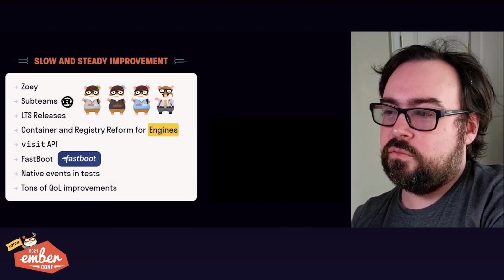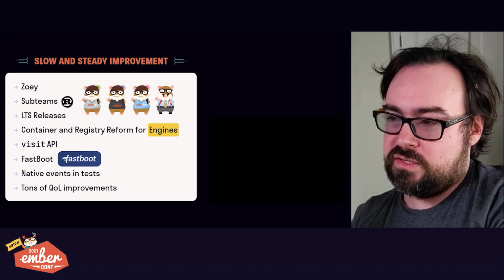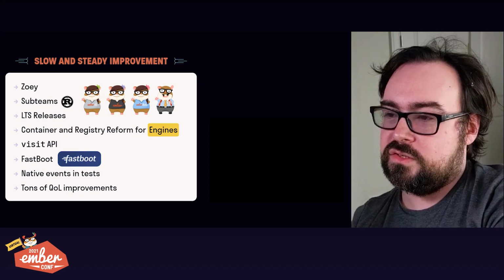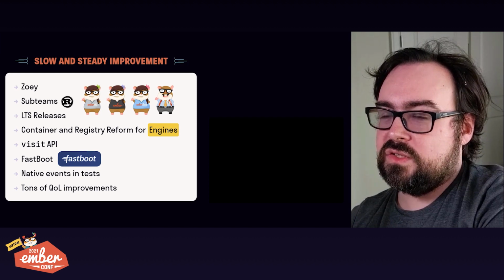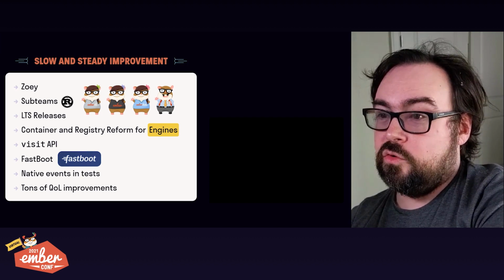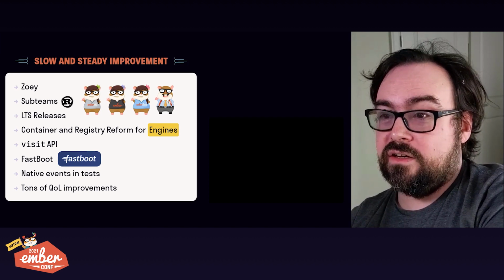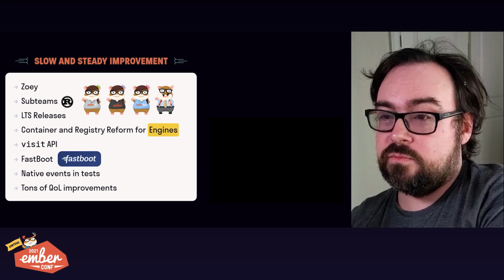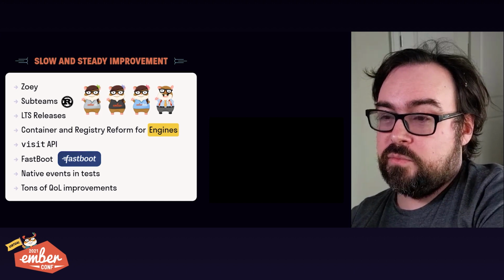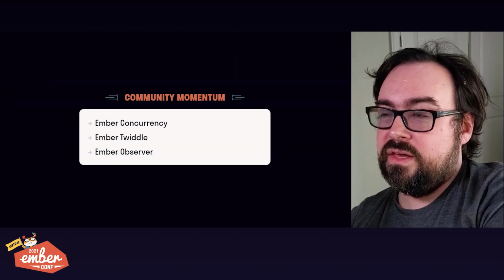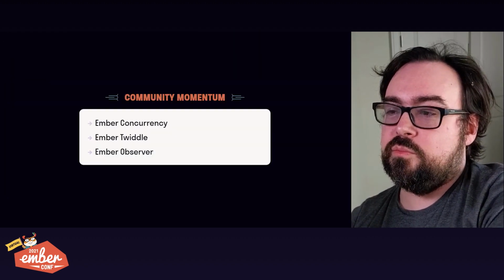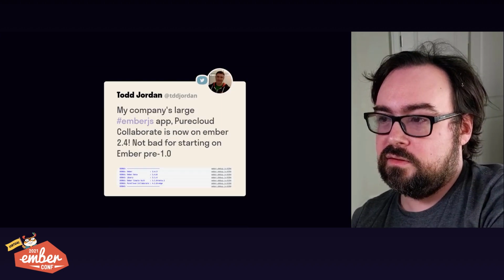So for the first half of the 2x series, we basically repeated the process, plus improvements to the release process. We added subteams based on the Rust team's experience. We added a new mascot in Zoe. We landed LTS releases. We got some features done. And we just did a whole bunch of quality of life improvements. And the thing is, it worked. The community was able to build on a stable foundation. Things were trending in the right direction.